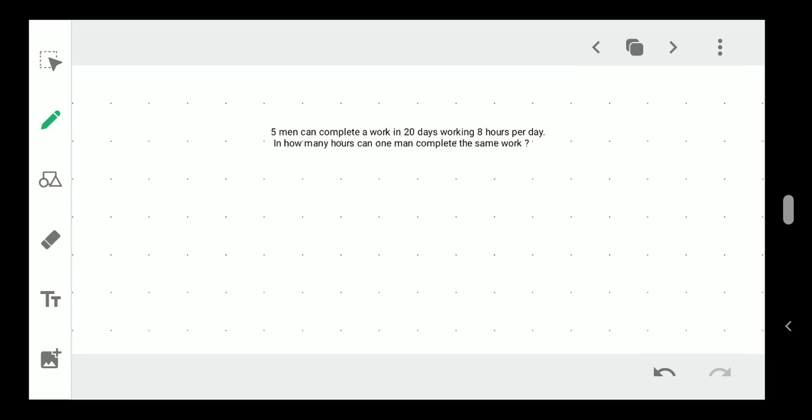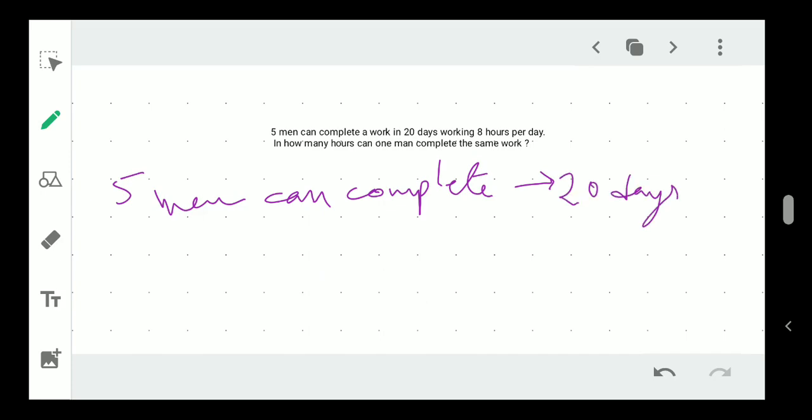So what we will do, see, I am writing here: 5 men can complete the work in 20 days. So first we will talk about this much, that 5 workers can complete a work in 20 days. What is my question? In how many hours can one man complete the same work? So I have to find those hours. But before that,